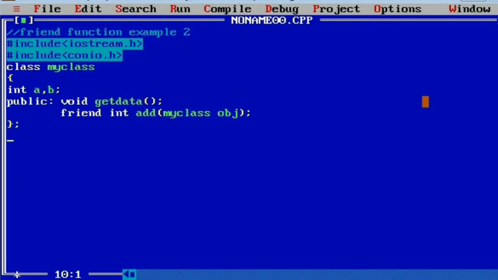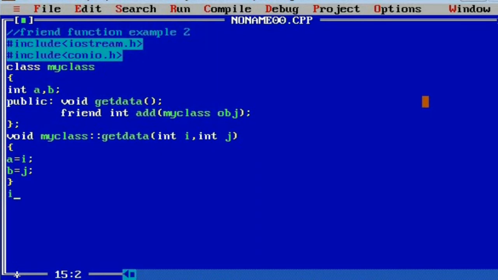Now we are going to define both of these two member functions outside the class definition. So let us continue with the first one, that is void. Here we'll write MyClass, that is name of the class, and then scope resolution operator. Then we are going to write getdata, and inside the round bracket I'm going to pass int i and int j, that is two arguments, curly open brace, and here I'm going to initialize a is equal to i and b is equal to j, curly closing brace,